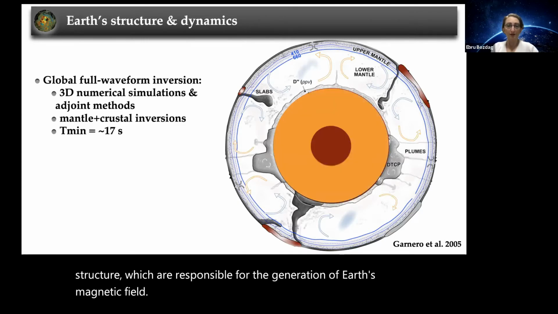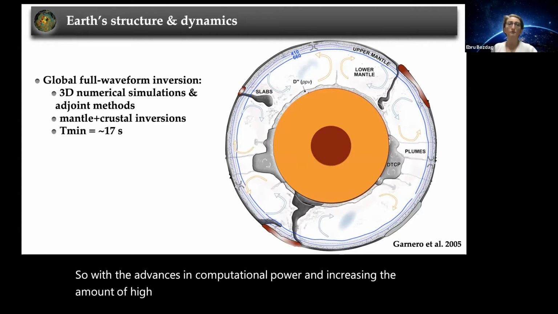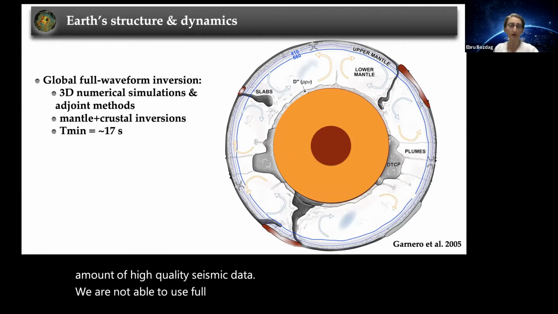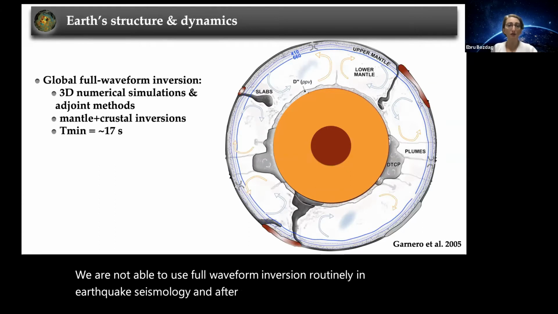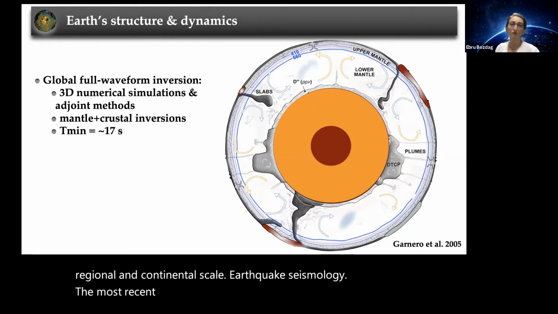So with the advances in computational power and the increase in the amount of high-quality seismic data, we are now able to use full waveform inversion routinely in earthquake seismology. And after the successful applications at the regional and continental scale earthquake seismology, the most recent global mantle models based on adjoint tomography also came out,